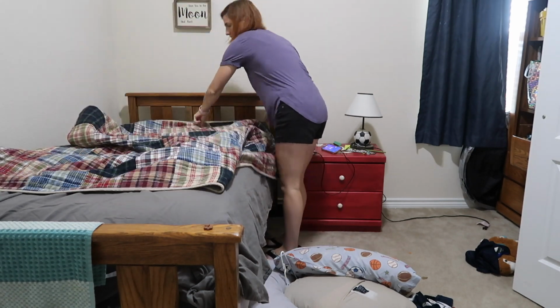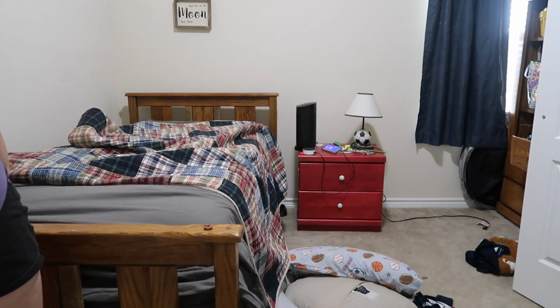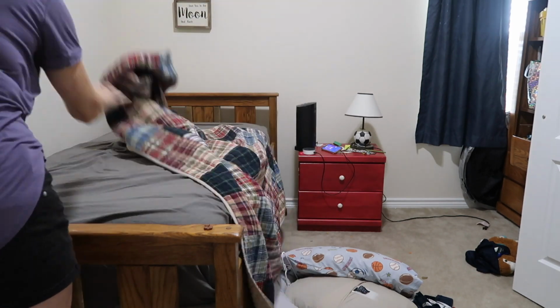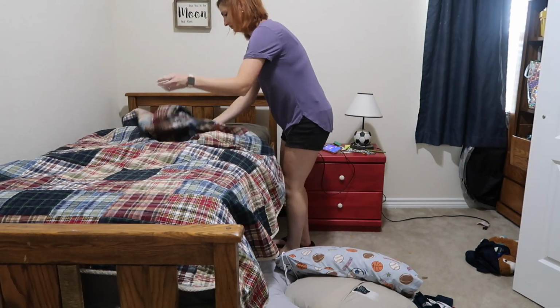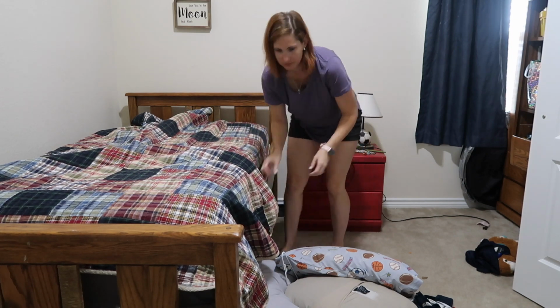Okay, I just wanted to mention I don't typically clean their rooms or make their beds, but now that they're in school, they have a lot less extra time to do these things. So my oldest gets up at 6:45. My youngest actually gets up at 7:30. His class starts at 8. So by the time he is up and he gets dressed and has breakfast,